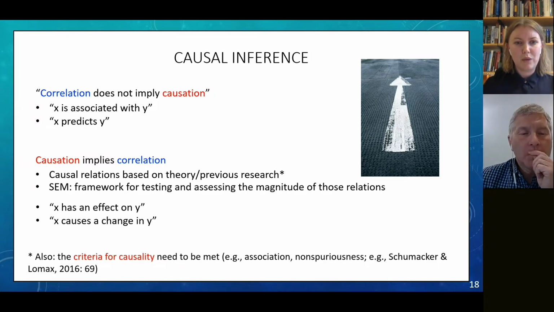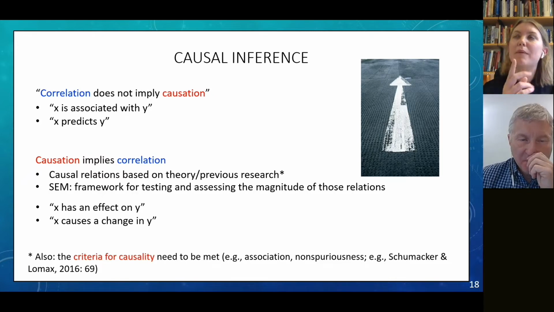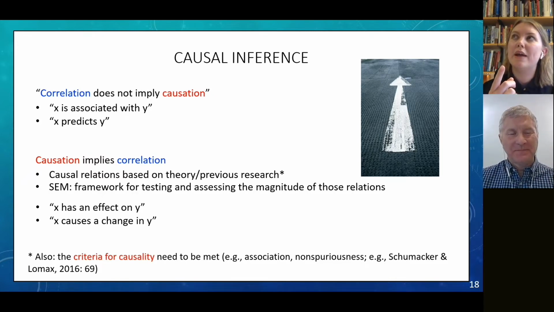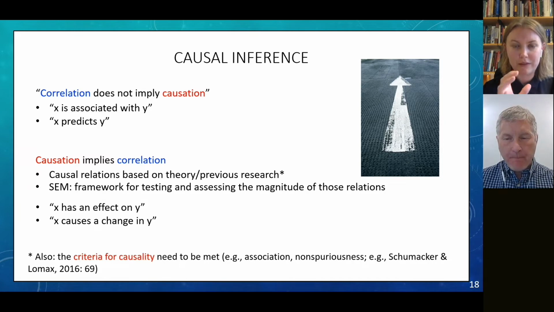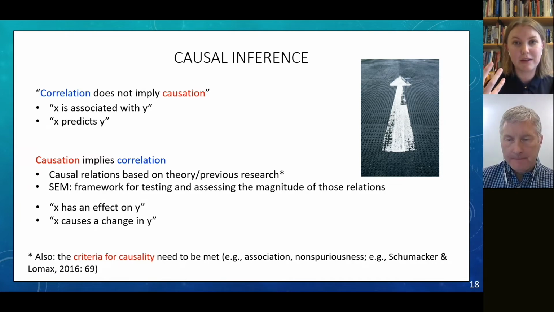And so we can have causal relations, or rather, okay, let me start over here. So we can't identify causal links using SEM in any way. We hypothesize what those links might be based on previous research, based on theory, and then we test that to see if this actually corresponds with what we see in the data.